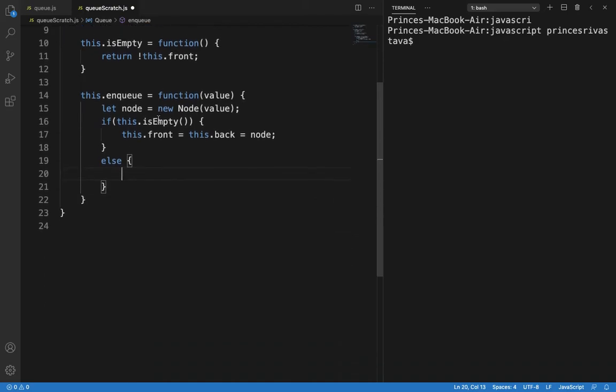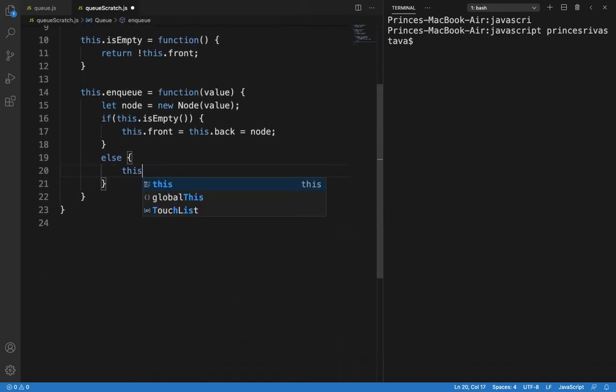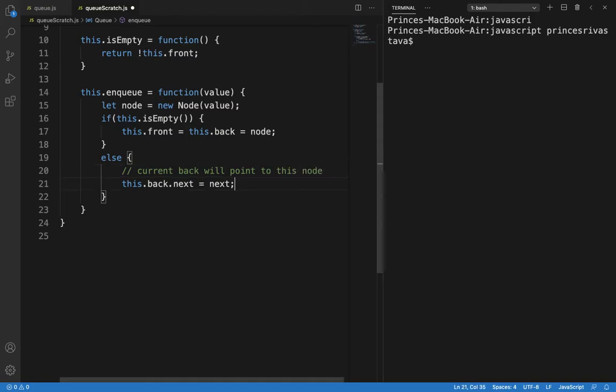So the current back will point to this node, and then we will change the back. So we will move the back to the new node.